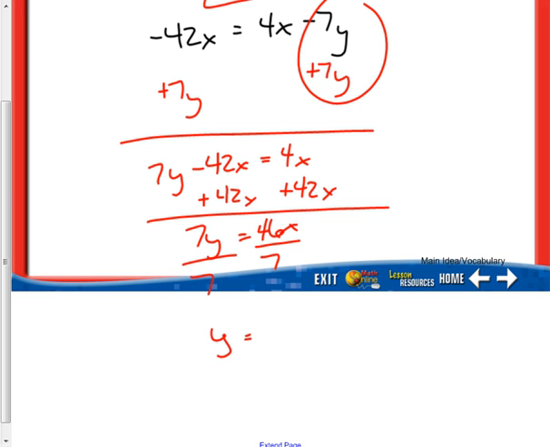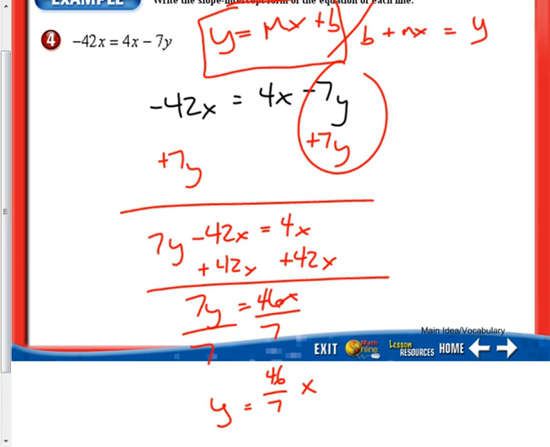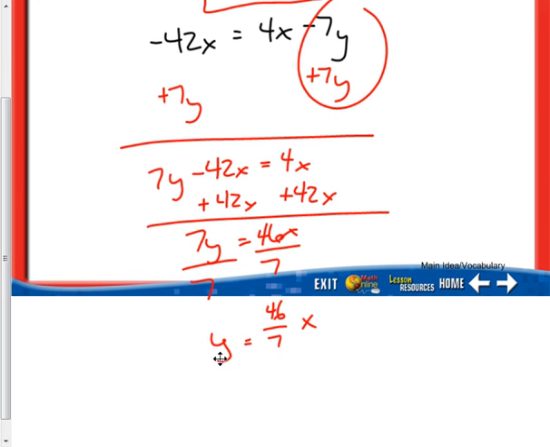So I'm going to be left with y equals 46/7 x. Since for this problem I don't really have anything I can divide by, and obviously with slope I do not want to write this as a mixed number, I'm pretty much going to leave it just like it is. If this happened to be like a 49/7, obviously I'd simplify it to 7x, but it's not, so we'll just leave it as y equals